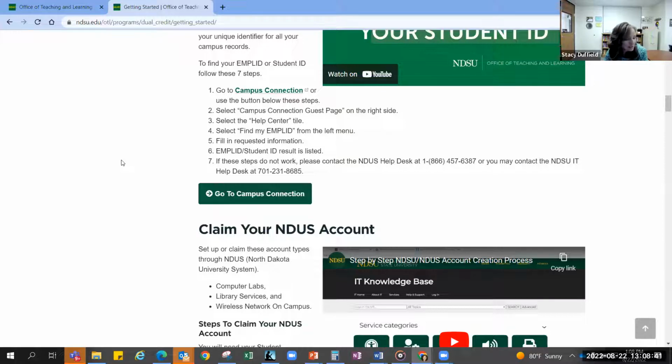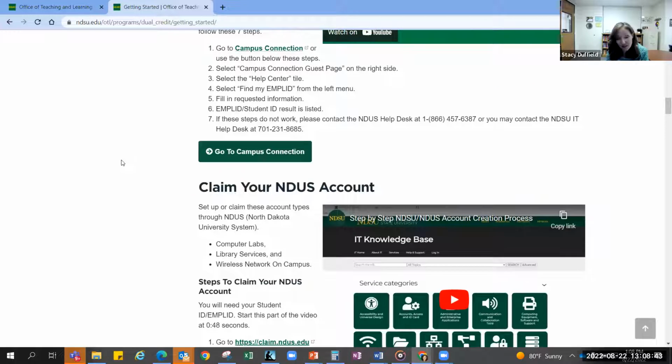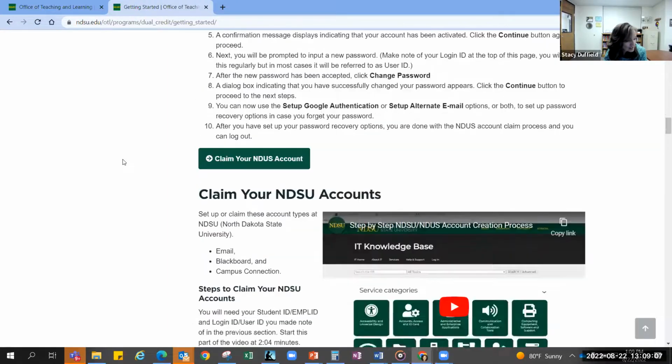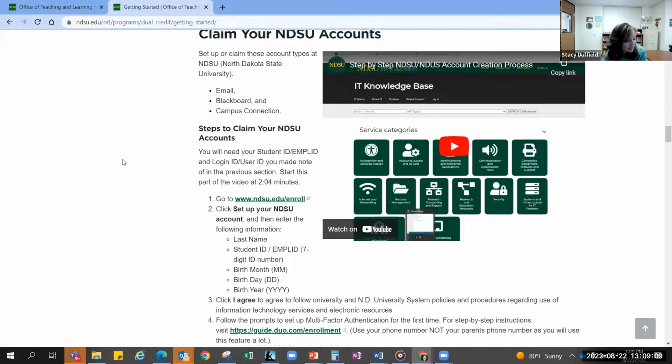The other thing you'll want to do is make sure that you complete your financial obligation application, and that should be in your to-do list in Campus Connection. You should see a little to-do list or task list for yourself on your login page. You want to complete that financial obligation form, and then you'll also want to take a look at the FERPA form. After you've claimed your account and you've gotten everything set up,